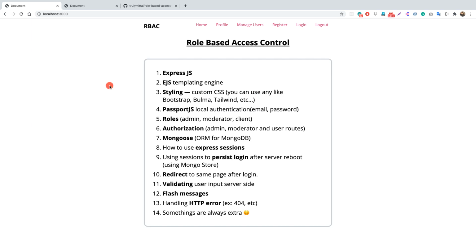So guys, that's pretty much about this video, and I guess it is a pretty long video, but I have covered mostly all the routes and all the views that are required by our application. And from the next video, we'll be working on how to handle registration inside our application. That's what we are going to do in the next video.